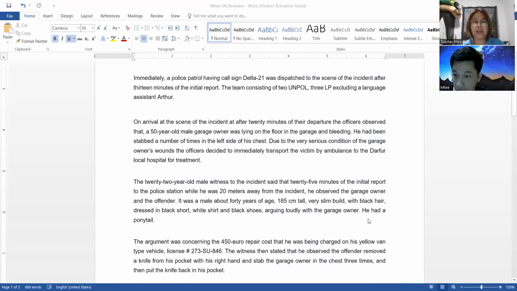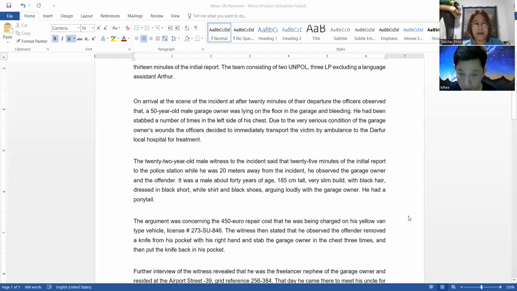The 22-year-old male witness to the incident said that 25 minutes after the initial report to the police station, while he was 20 meters away from the incident, he observed the garage owner and the offender. It was a male about 40 years of age, 185 centimeters tall, very slim build, with black hair, dressed in black shorts, white shirt, and black shoes, arguing loudly with the garage owner. He had a ponytail. The argument was concerning the 450 euro repair cost that he was being charged on his yellow van type vehicle, license number 273